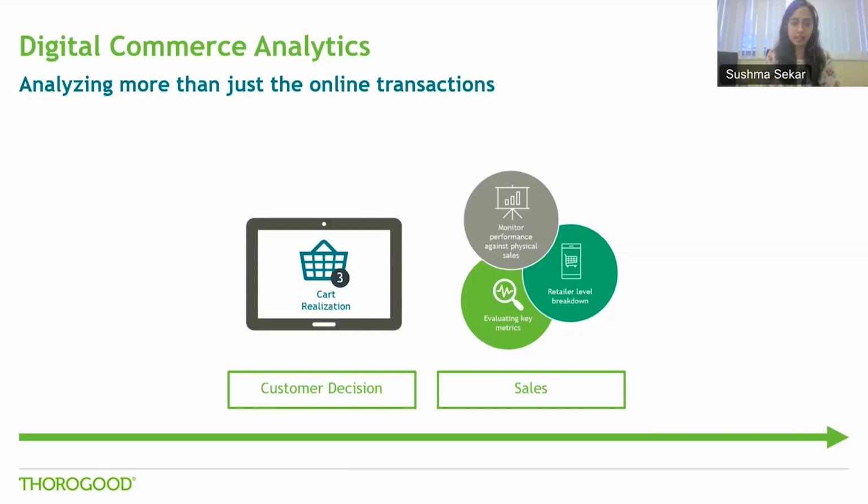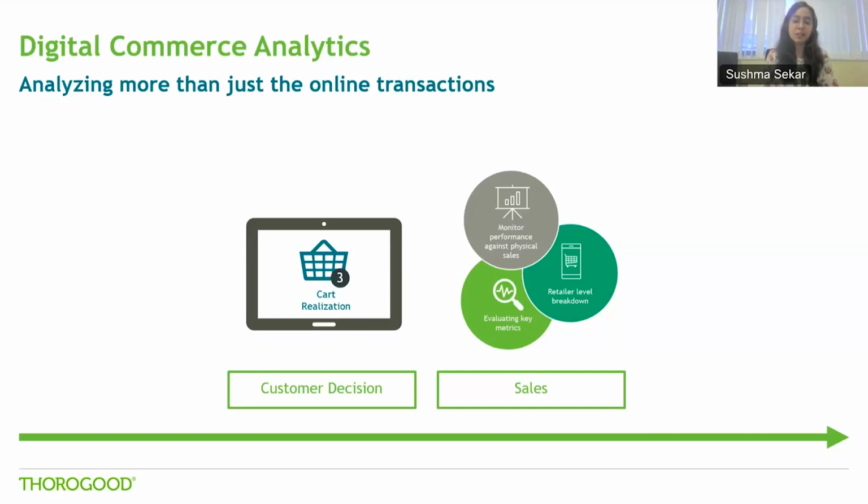So if for a specific transaction there are n data points, of which the actual transaction is one, and the transaction itself does not happen, we still have n minus one data points from other parts of the customer's journey. So there's an added advantage to online sales, and this helps us track different metrics, including things like cart realization. There's so much more beyond the transaction itself that you can understand about the customer's behavior from these other data points: if they've searched for or bought this product before, how long they had it in their cart before actually deciding to buy the product or not, and so on.